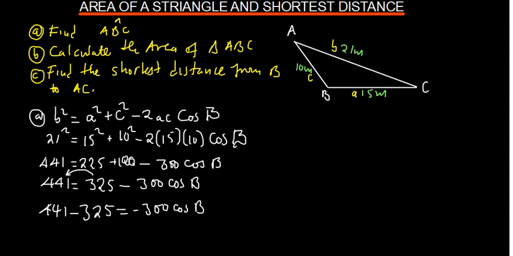That is going to give 116. So 116 is equal to negative 300 cos B. So for me to remain with only cos B, I'll divide both sides by negative 300. Even this side, divide also by negative 300. So that is going to give us cos B being equal to 116 divided by negative 300. That is going to give us negative